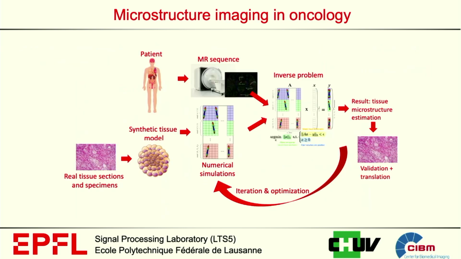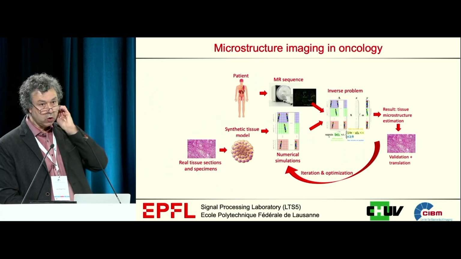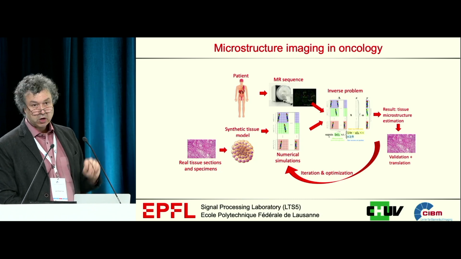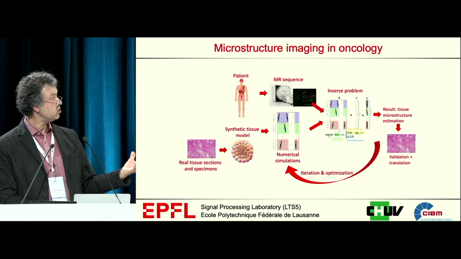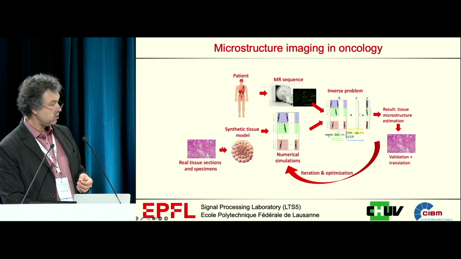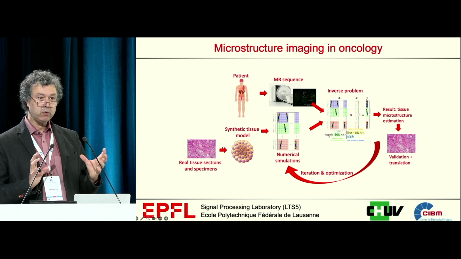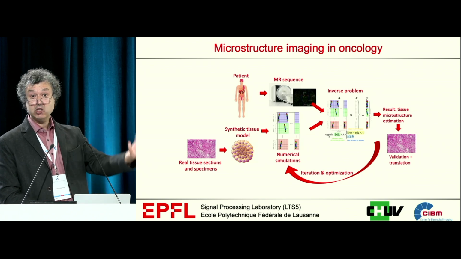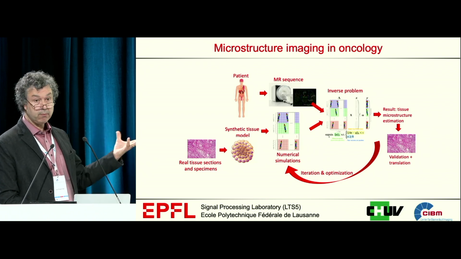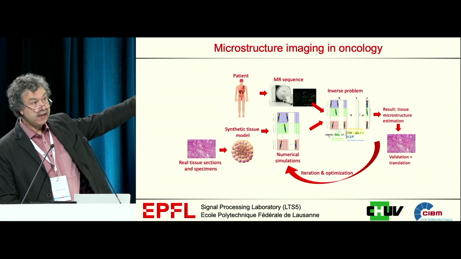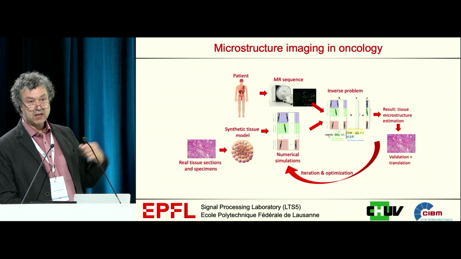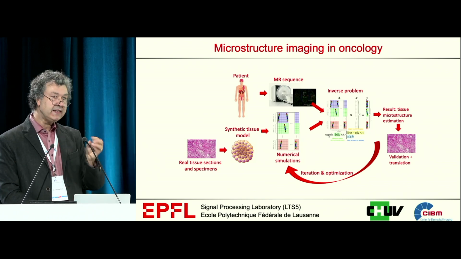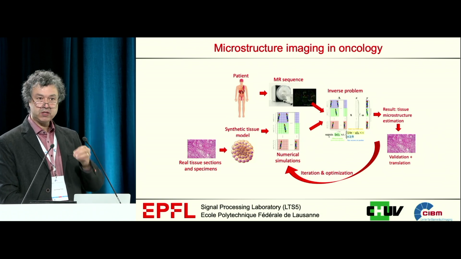What else? Well, why only stay in the brain? Why not go outside the brain? And we now have a very important track in our group working in oncology, not in neurology anymore, but in oncology, to study cancer. And the idea is very much the same. Can we have synthetic models of tissues where we identify what we want to measure to be sensitive to the early appearance of cancer, typically invasion of cancerous cells in an organ? Can we model that? Can we simulate that? Can we identify that from the real signals and give a very quantitative assessment of the distributions of cells in a